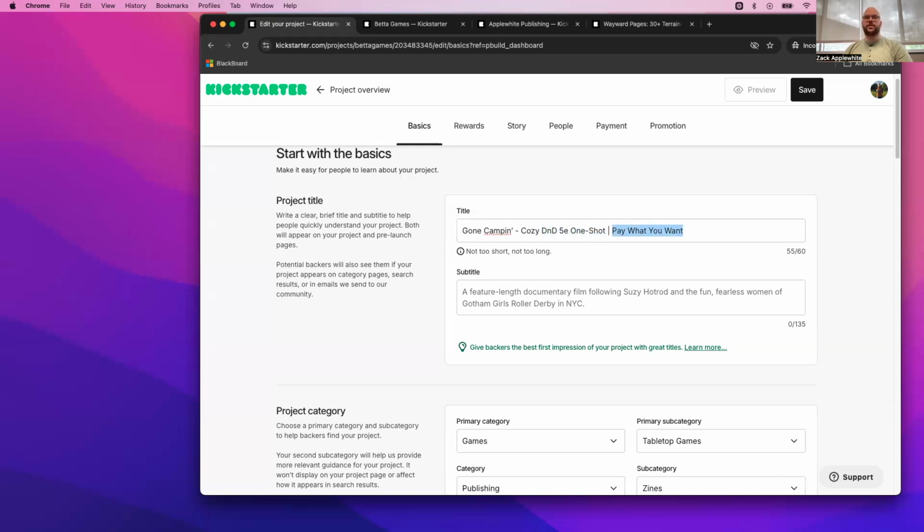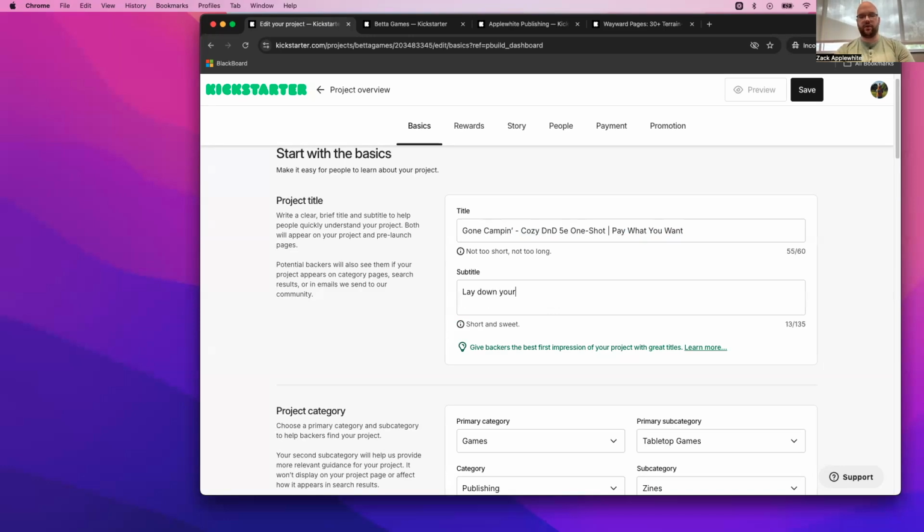All right, now we go into the description. The description sits at only 135 characters, so you've got to be very succinct. This is meant to kindle the spark: that it's camping, it's cozy, and it's pay what you want. It should kindle the spark, it should give them a little bit more. All right, so the example that I'm going to use here is